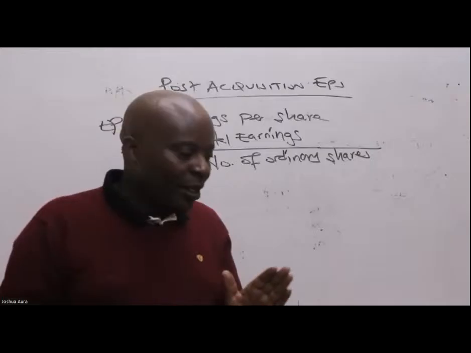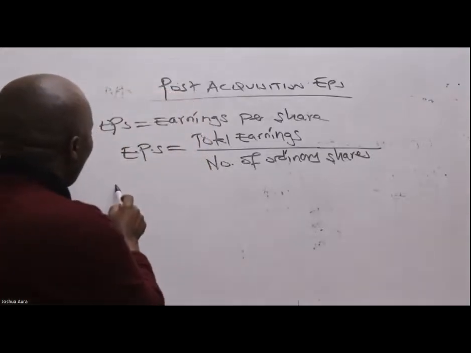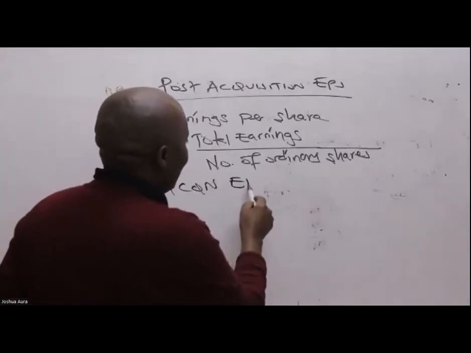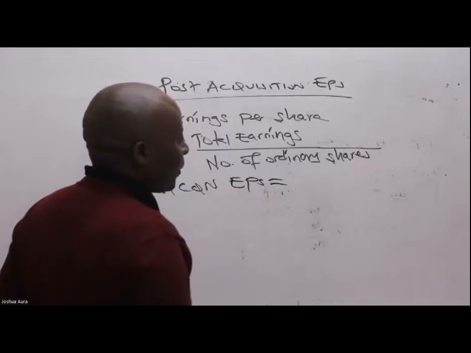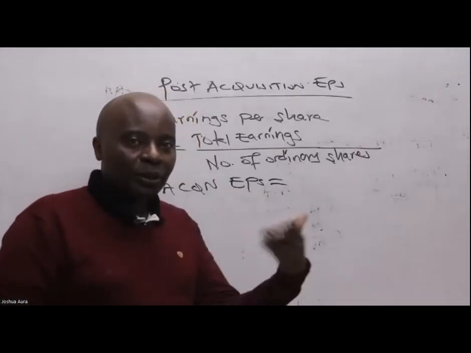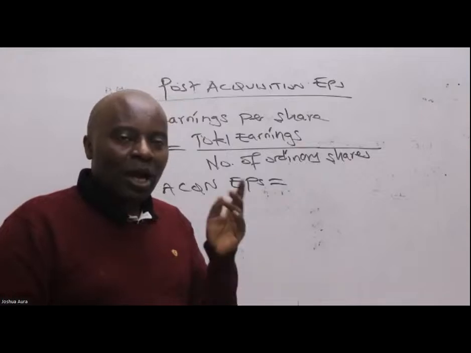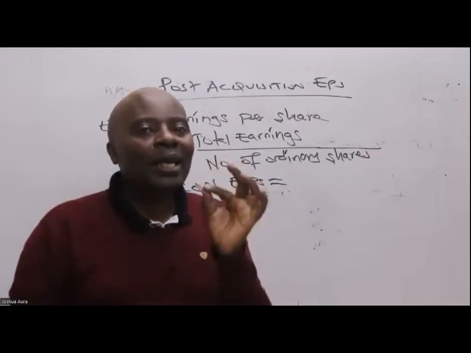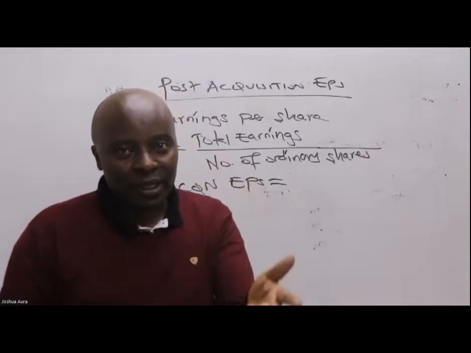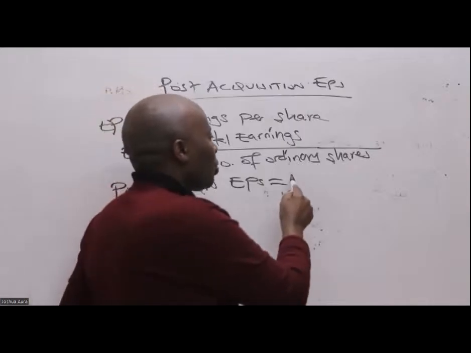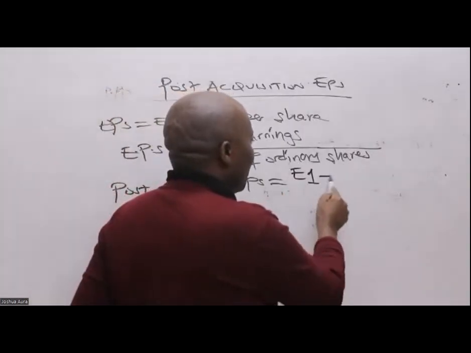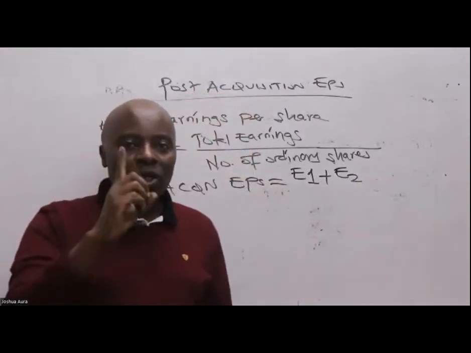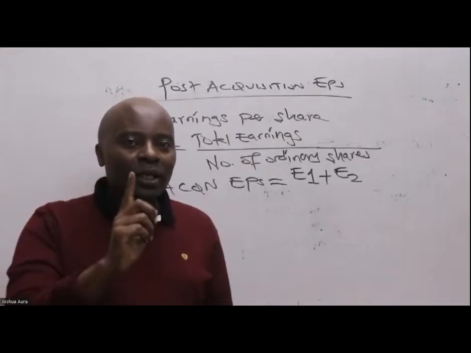What does this mean? It means that when we talk of post-acquisition earnings per share, post-acquisition means post-marriage, after marriage. So after marriage, we are supposed to have one joint account and combine our earnings. So we shall talk of earnings of the husband plus earnings of the wife. These are supposed to be in one joint account. And the only signatory to that account